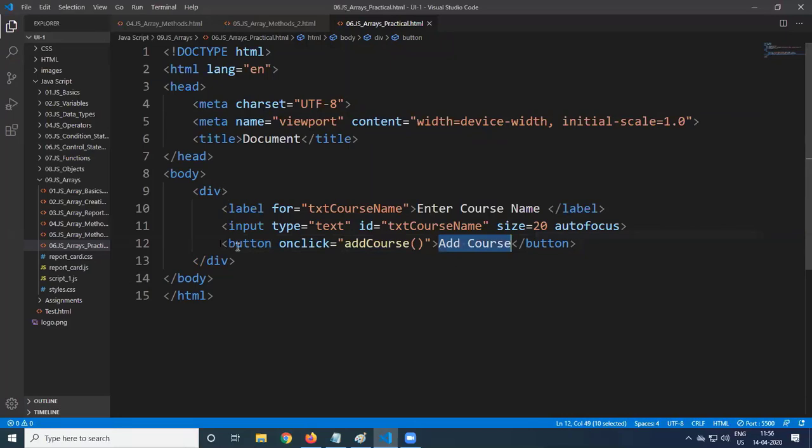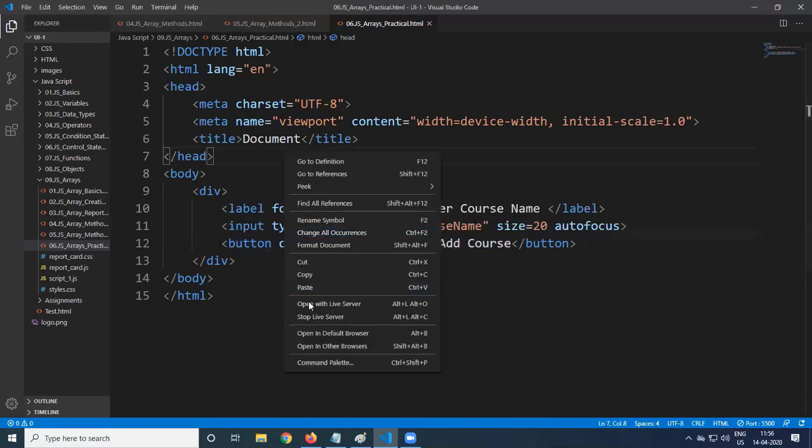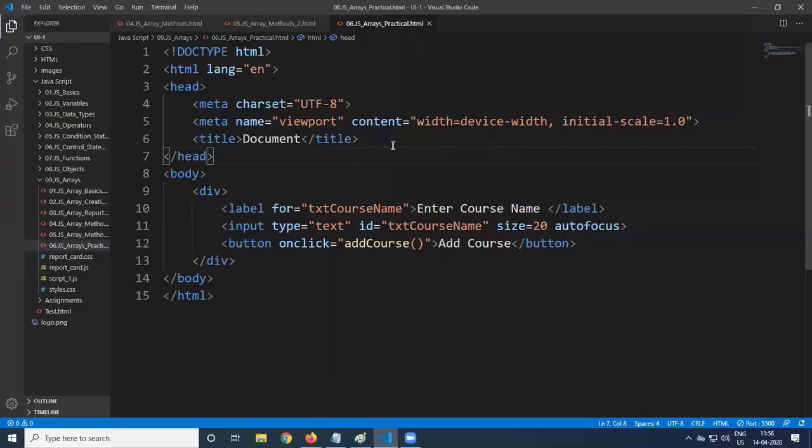So this is what the division that we have. So when you run this, open with the live server, enter codes name is what we are getting. So we'll provide some title also, courses at SIT. So we'll have courses at SIT, enter codes name, one text box, add codes is what we are getting.